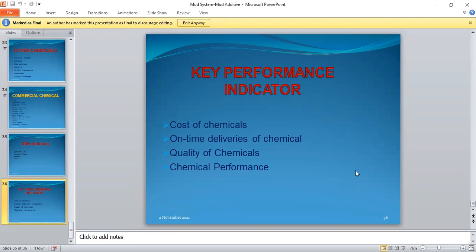If you had 1 pound per barrel, it works. But when you use the other company's, you had 1 pound per barrel, it may not work the same. So those things also matter. Chemical performance, compatibility. Compatibility means when you bring this chemical,